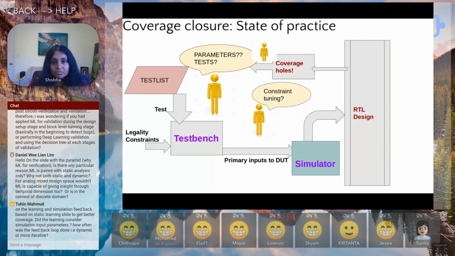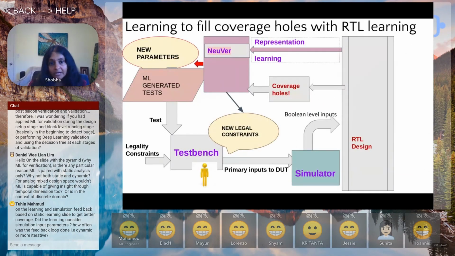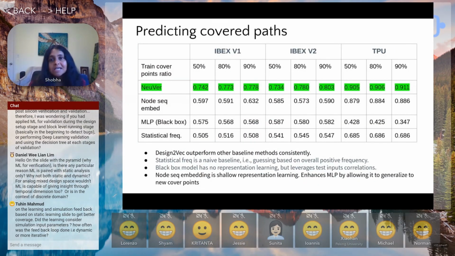But one of them is coverage closure. In terms of coverage closure, our vision is to be able to learn how to generate tests using a deep learning engine, a new word for neural verification. What we have found in preliminary results is that if you ask a neural network to just predict which parts are covered by a test, and you use representation learning like we have for our engine, these are some preliminary results. They are compared against a black box engine that doesn't understand the details of the design, like a multi-layer perceptron, or a statistical frequency baseline, which is just guessing based on the overall frequency of whether a path is covered or not. Across the board, we find that in multiple designs,